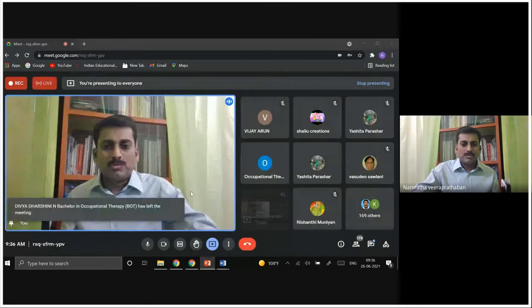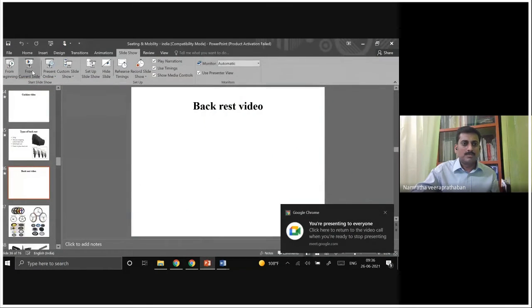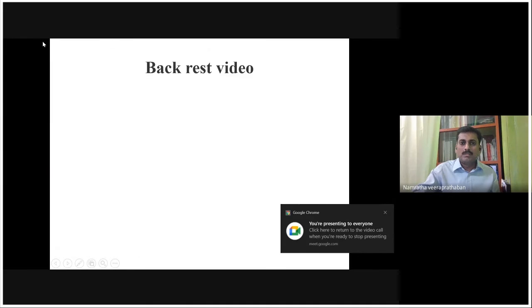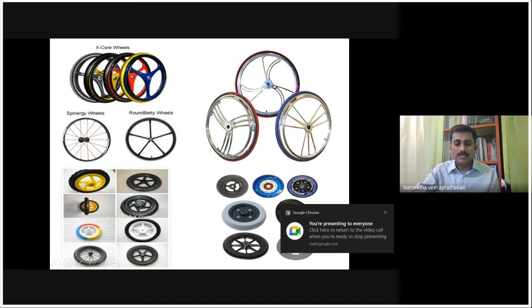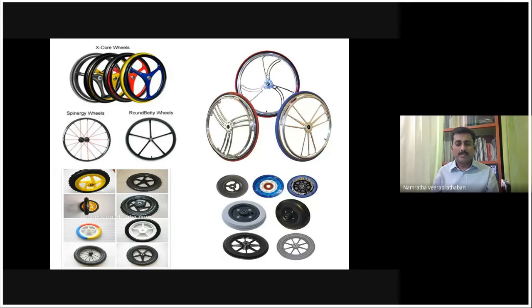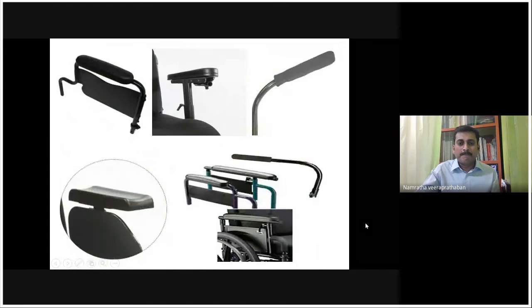Now we will move on. We have seen cushion, we have seen backrest. Now we'll come to the mobility-based accessories. We see now some pictures of the rear wheels. Look at the models and designs, because some people like this aesthetic look. And here come the casters, different types of casters and different types of armrests,